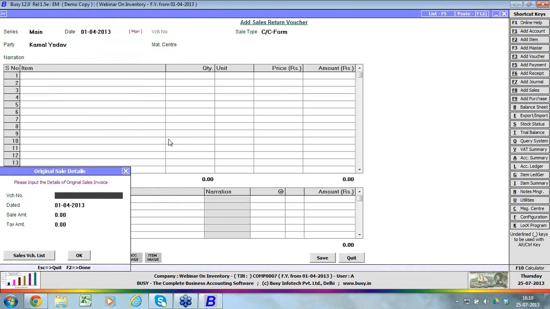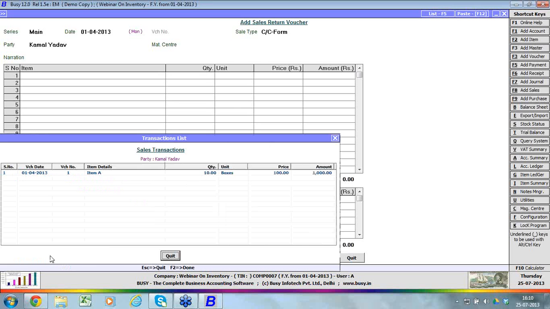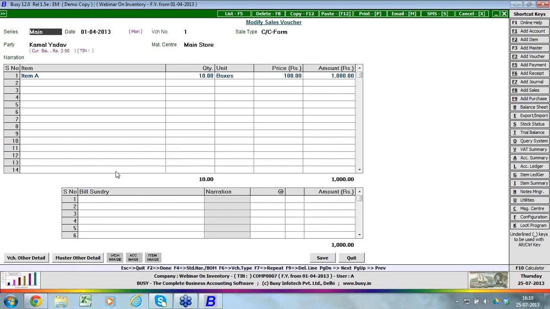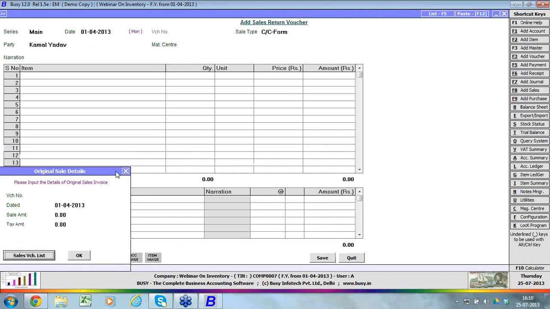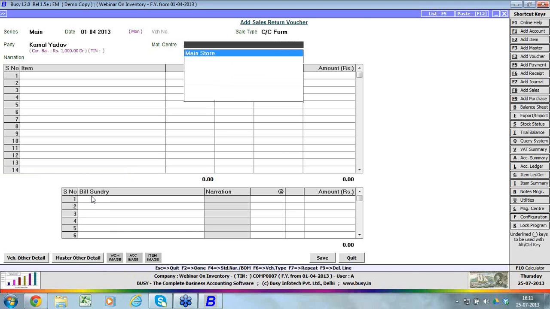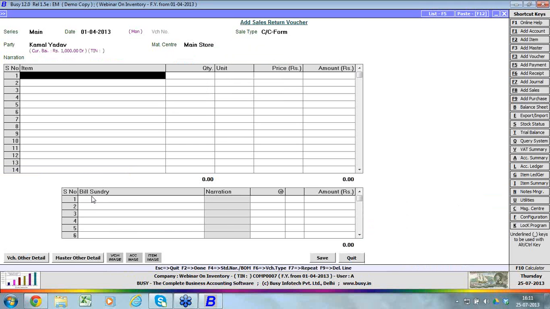you will be asked against which voucher number the sale return is coming. You can see the list of this party here. If you don't know, you can open it from here also. So you can define your voucher number, and amount and tax will be automatically calculated here. In that sale, it's highlighting how much was the sale amount and how much was the tax amount. And if you select a wrong item,